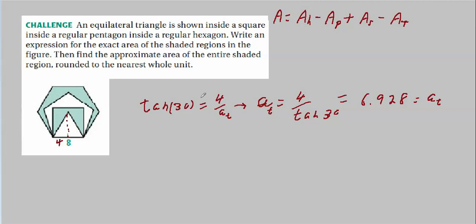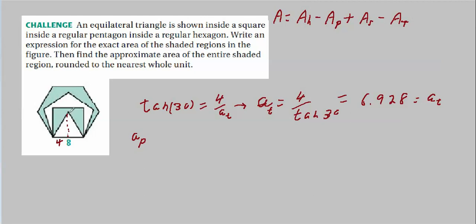So what about A for the pentagon? What's the apothem for that? Well, we know that if we were to draw from a center that was a bit farther out here, we connect up our vertices for the pentagon, we're going to get a 72-degree angle. We know that from previous problems. Or you could just write down 360 divided by 5 and you'll get 72. You cut that in half and you'll get 36 degrees.